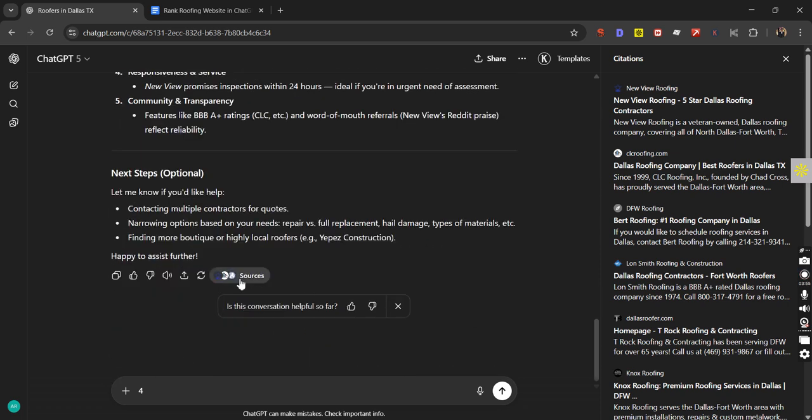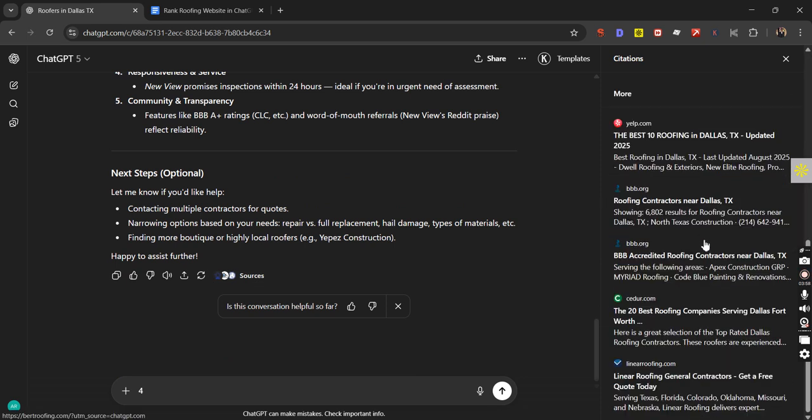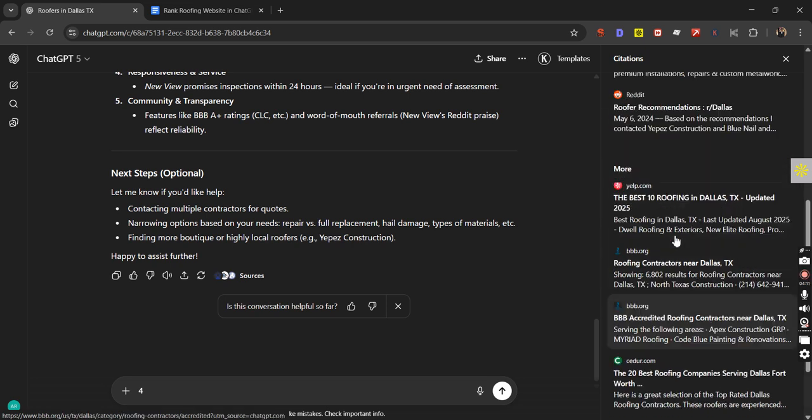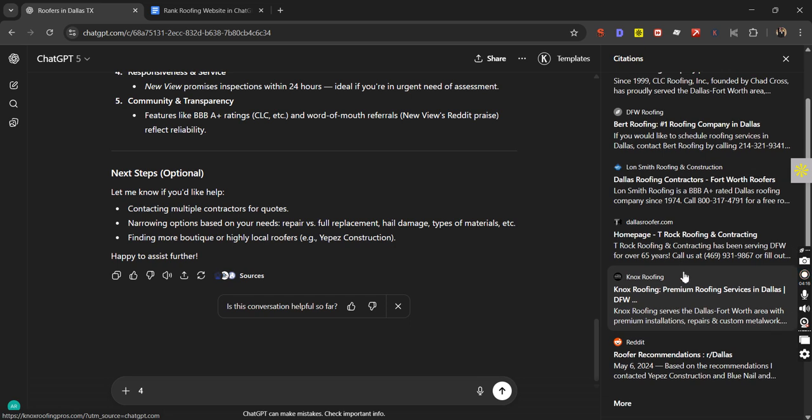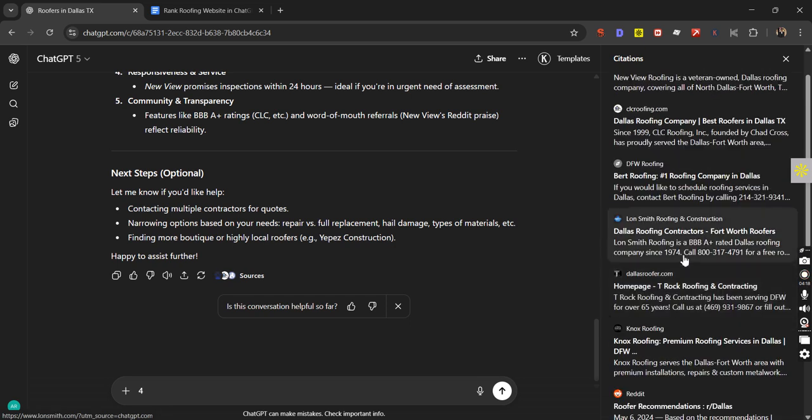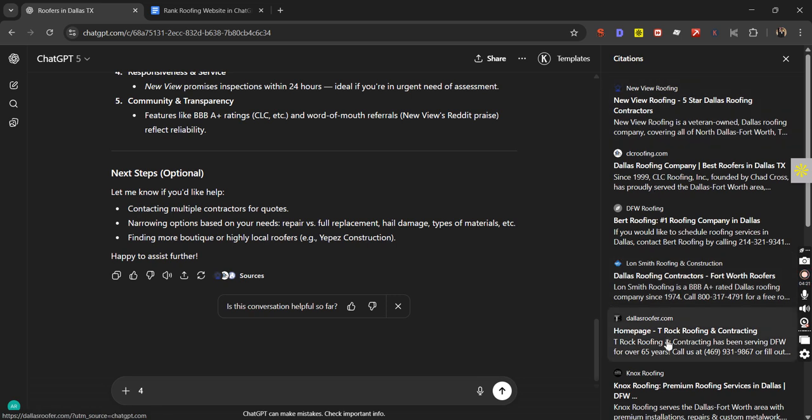And lastly, I want to show you the sources. As you can see, the entire result we just came across is coming from a lot of different websites: Sedur, Triple B, Yelp. As usual, these are citation and directory listings. Then there's Reddit, as we talked about before, and the traditional websites that are appearing. As I said, in order to be mentioned as one of the companies here, you need to ensure that your content is highly optimized for the LLMs as well.